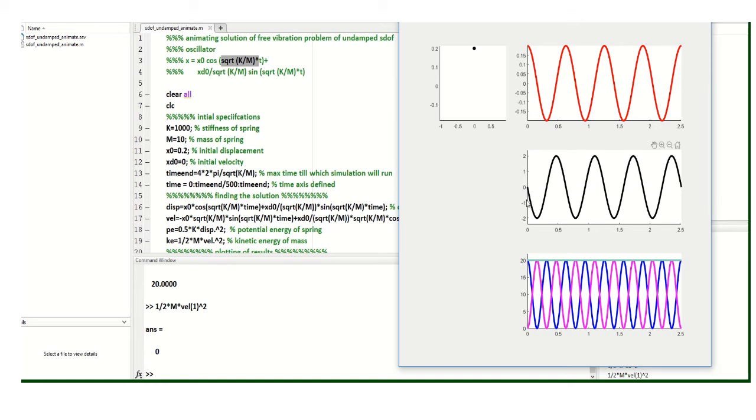Then it goes on changing as this is the velocity graph, so it changes this way. Since velocity is 0 in the beginning, kinetic energy is also 0. As the velocity goes to this negative maxima, kinetic energy builds up and goes to maxima over here. The maximum of kinetic energy is the same as the maximum of potential energy. The maximum of potential energy is 20 units. Whatever initial energy you have supplied is the maximum of potential energy, and the same is the maximum of kinetic energy.